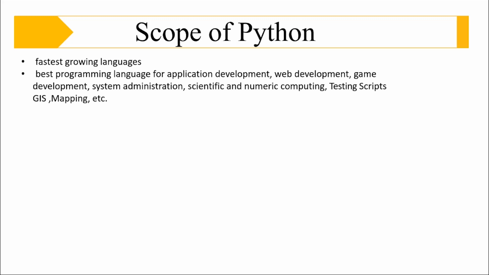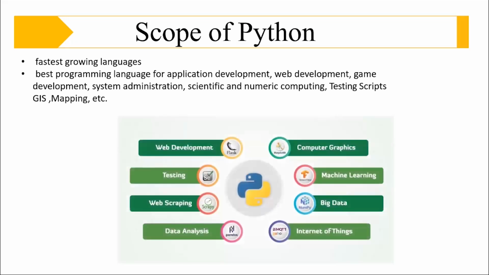As I already mentioned, Python has a vast scope in different areas of implementation. It can be used in GUI applications as well, using the Tkinter module. It can be used in data analysis and visualization, using analysis and visualization libraries. It can be used in DevOps engineering. It can be used in machine learning in order to predict models. And there are a lot of things you can do using Python.